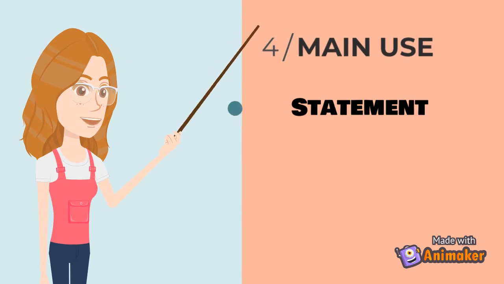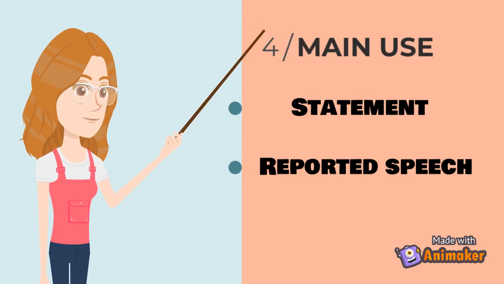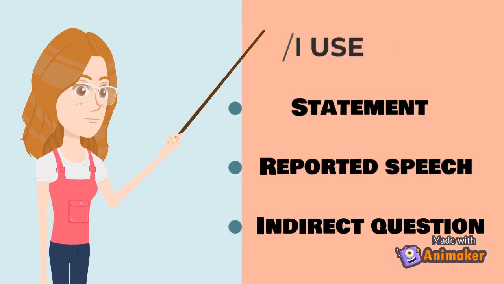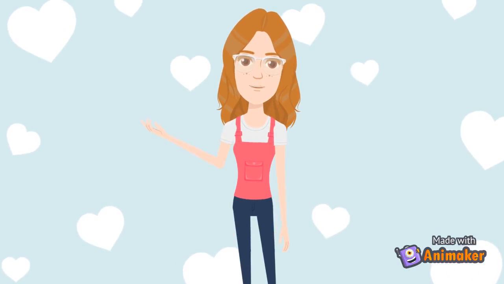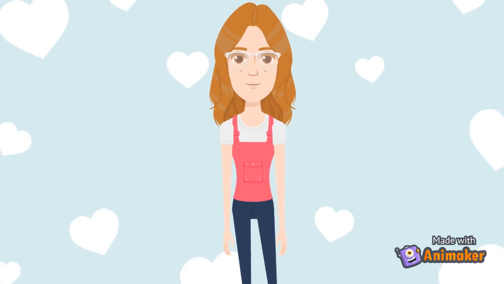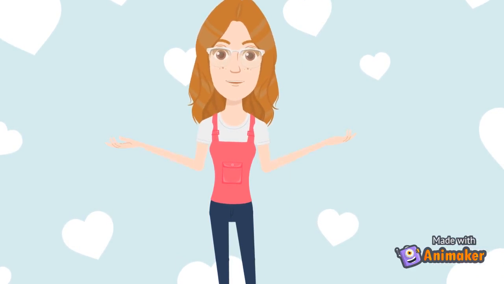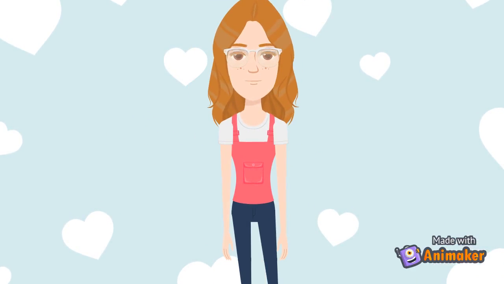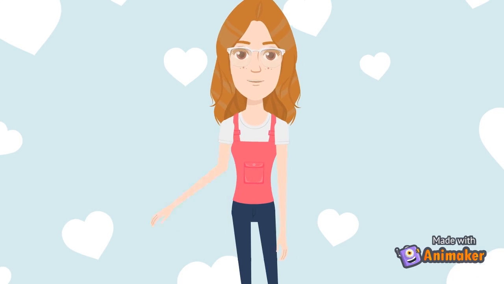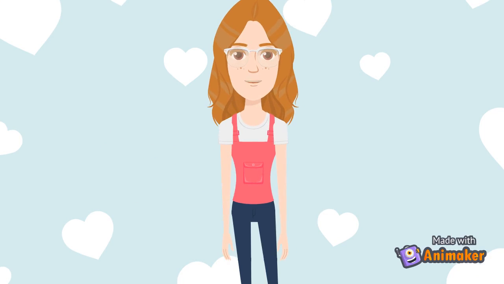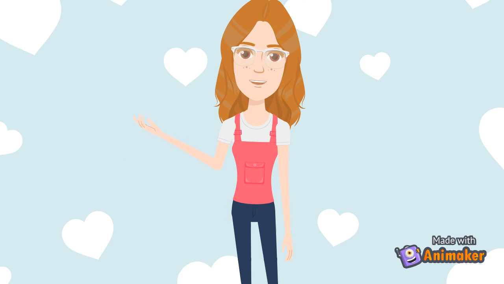It will be a statement, reported speech, or indirect question. Okay, now I know there is a lot of information, but it is my work to clarify your doubts. I will exemplify this with sentences from the book mentioned before, and after that,